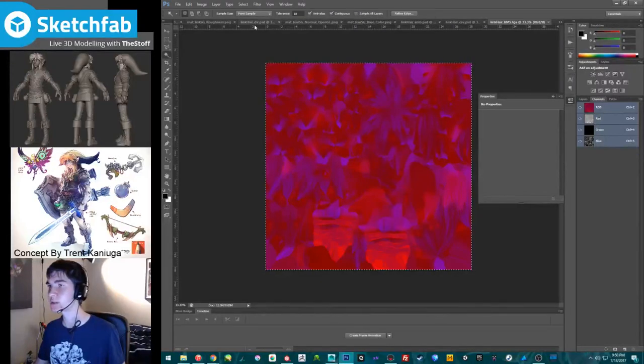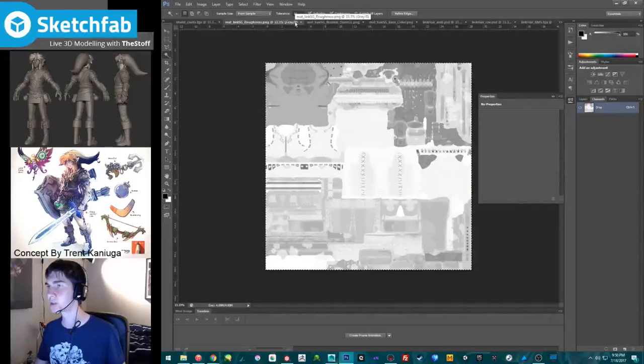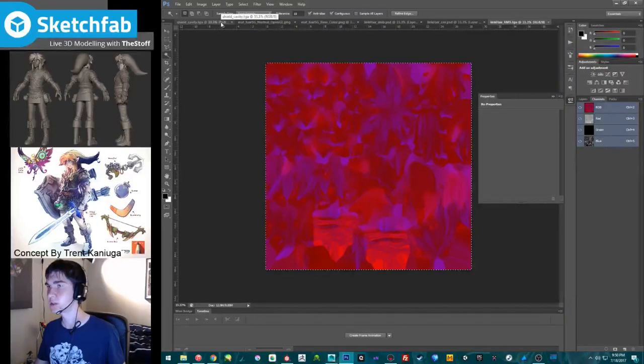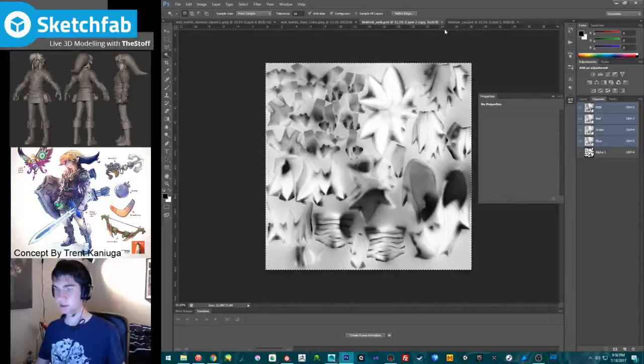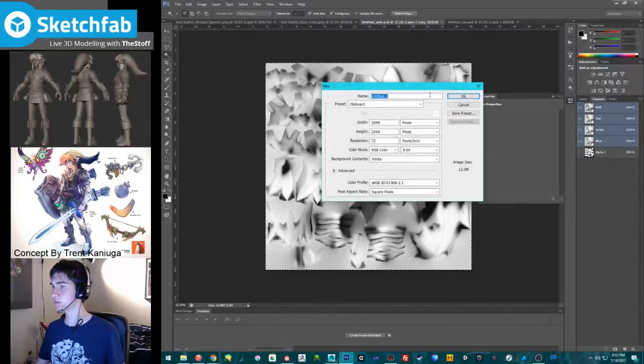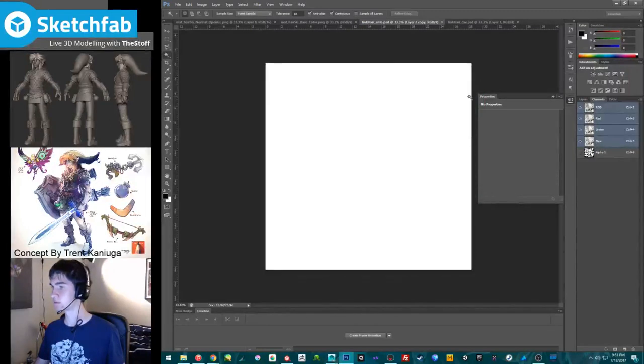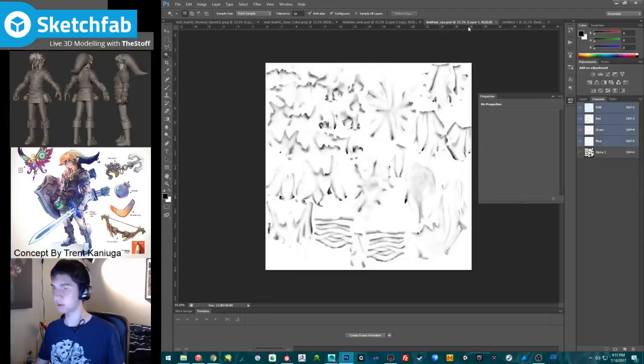This metalness direction can be closed. This can be closed as well. Shield can be closed. Normal map, base color, ambient cavity, I need those open. This can close, okay. So, paste, that's my AO.